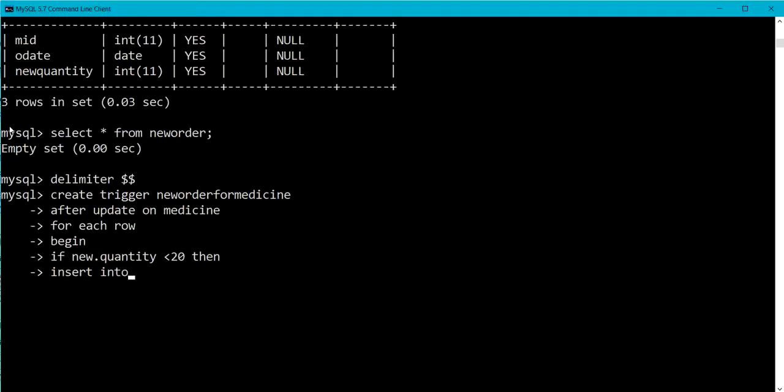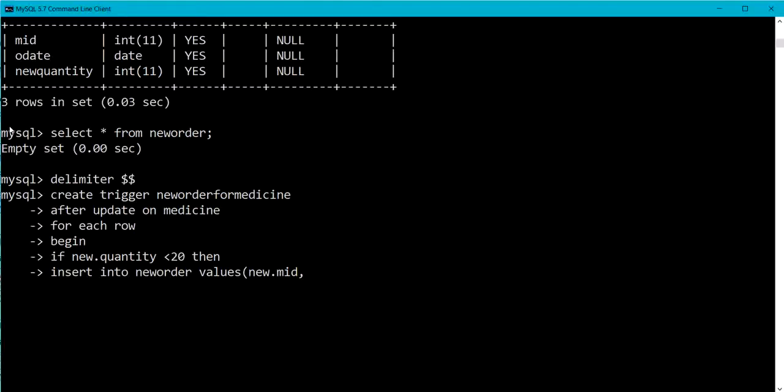Insert into new order. Automatically the order should get placed into the new order table. So here insert into new order values new dot MID, that will be the affected column.